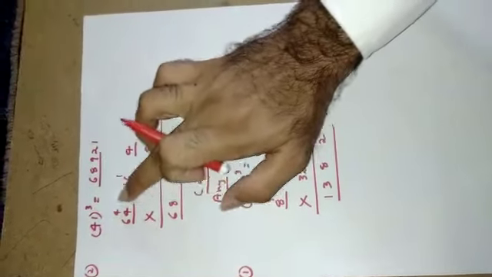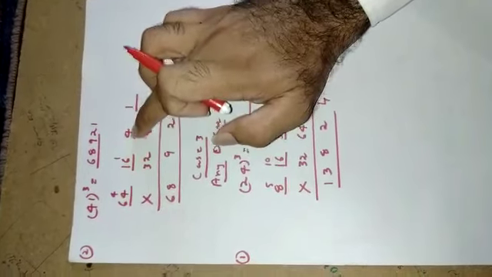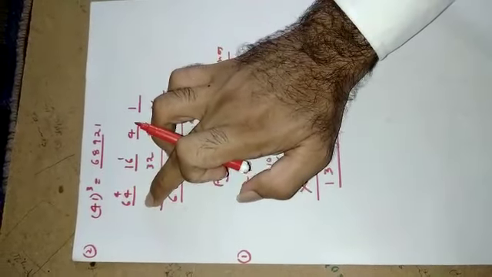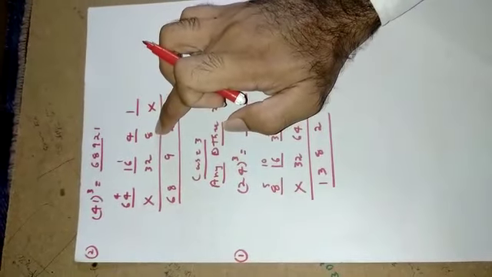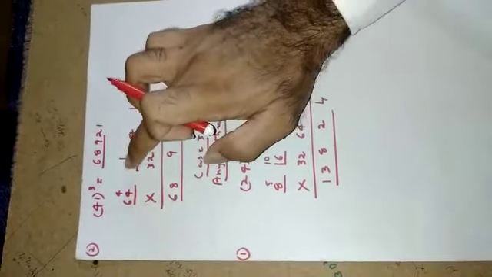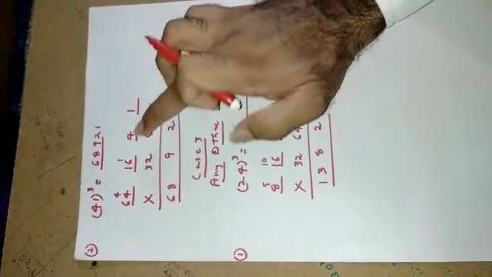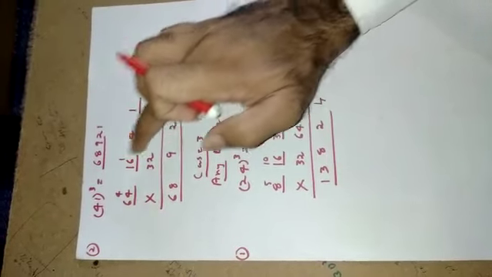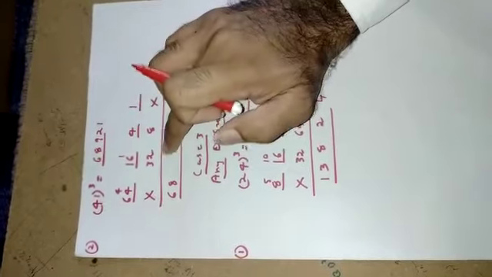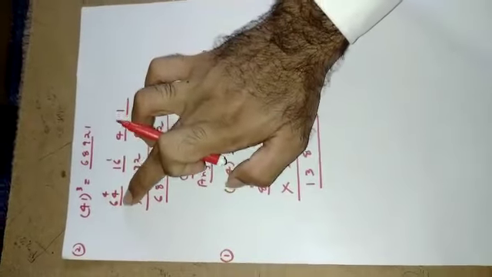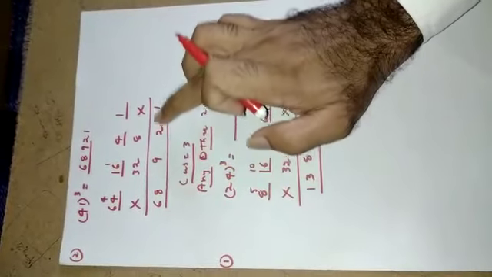41 cube. So put 1 here, put 4 here. 4 square is equal to 16. 4 cube is equal to 64. Put one cross mark here and a cross mark here. Here we should not fill anything. 4 into 2 is equal to 8. 16 into 2 is equal to 32. Now we need to add this and this. 1 plus nothing is 1. 4 plus 8 is equal to 12 and 1 carry. 32 plus 16 is equal to 48. 48 plus 1 is equal to 49. 9, 4 carry. 64 plus 4 is equal to 68. So write 68. Therefore the answer is 68921.